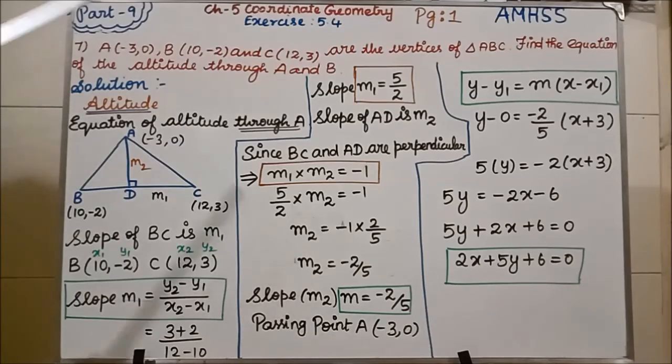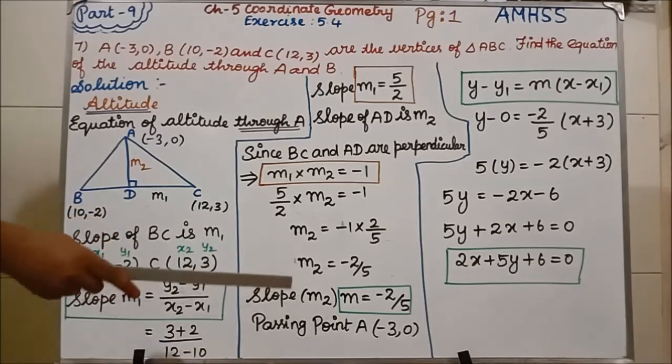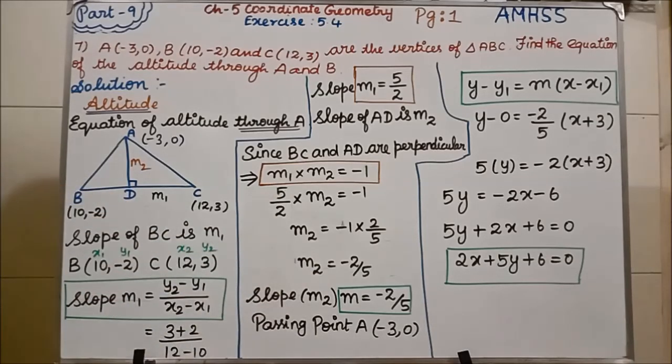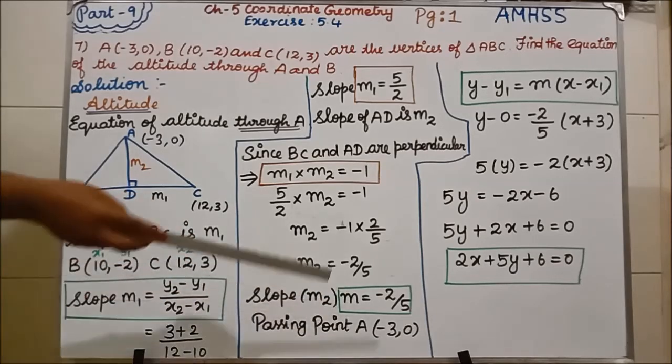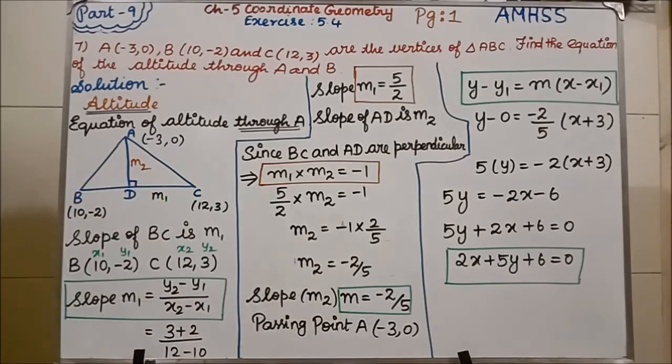Now we know what is our M1 and what is our M2. Finally, what M2 you are finding, that is our M value you have to take. That only we have seen in 5th question, isn't it? We have found m2 value, but we are taking that m2 value as m. Okay, here also we are doing the same only. Slope m2, we have to consider as m. Finally, what m value we are finding, that is our m. Clear? So, slope m2, m is equal to the same value, minus 2 by 5.